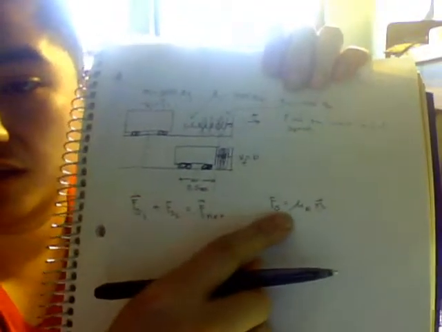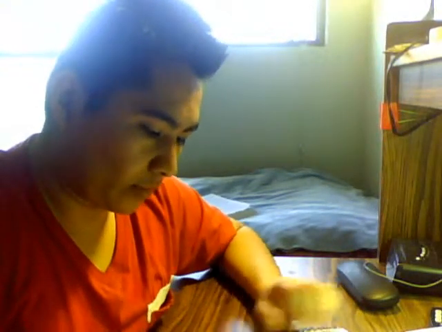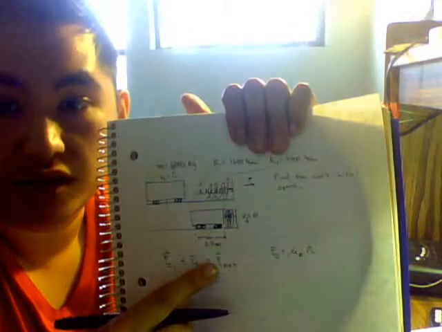And let me write that equation down for you, which is just the coefficient of friction times the normal force. Once you've solved for your net force, you can go ahead and start to solve for the